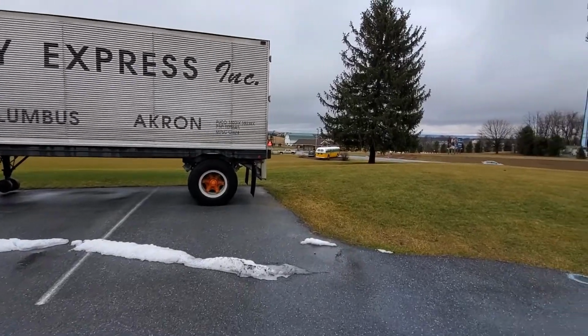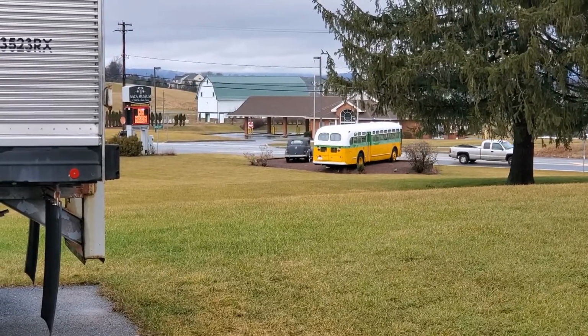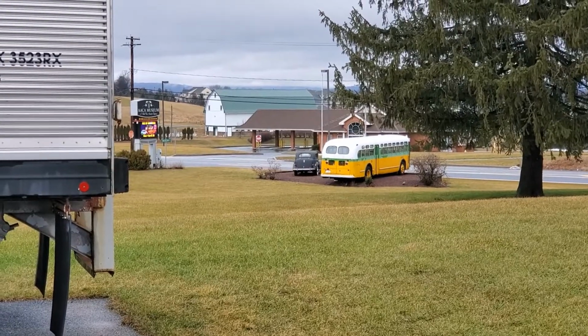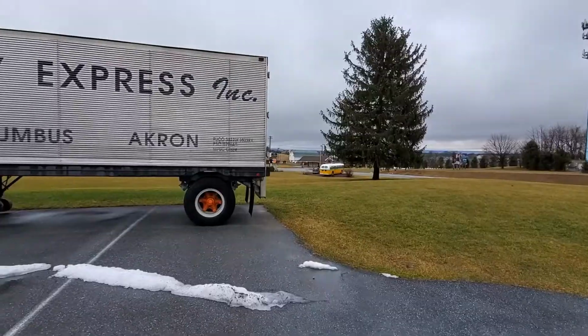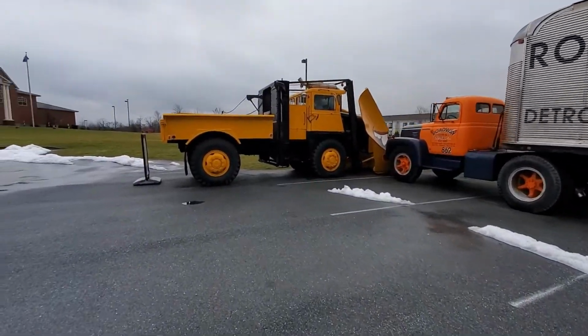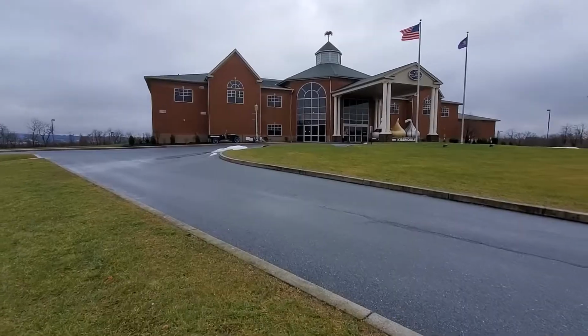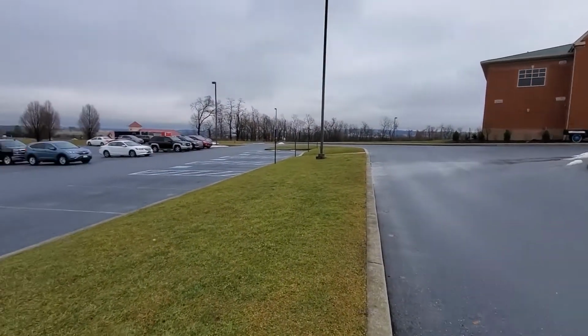Also down there by the road, you can see there's a replica of the Rosa Parks bus, and I didn't see what the car was yet, so I'll have to go and take a look at that later. But I know that's a replica of the Rosa Parks bus because I saw the real one at the Henry Ford Museum in Detroit. Now, walking up to the building, you have ample parking out here,